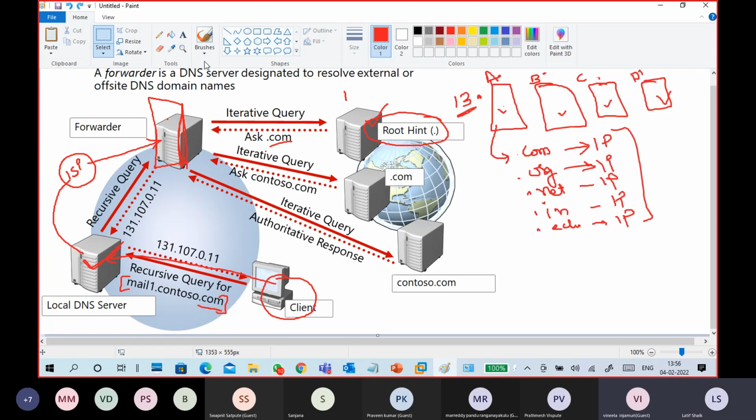It is like a hierarchical model. What is this hierarchical model? Root hints contain top level domain addresses like .com, .org, .net. Okay, so the forwarder